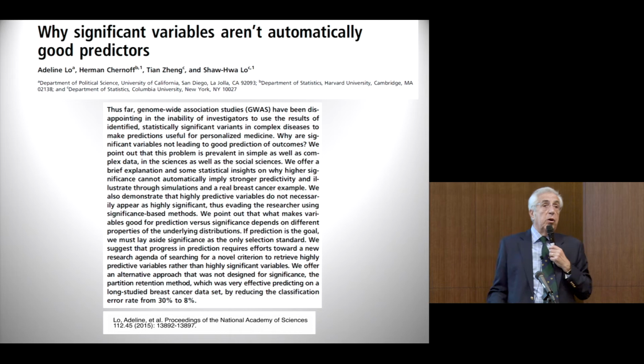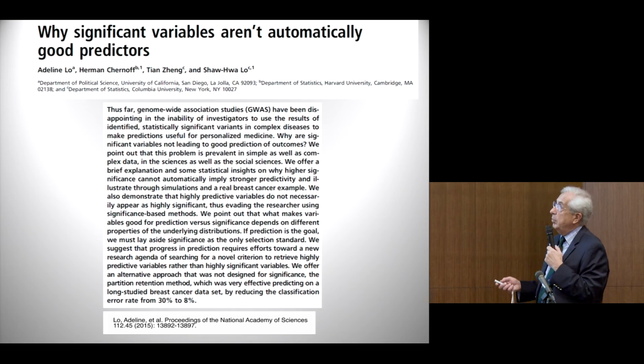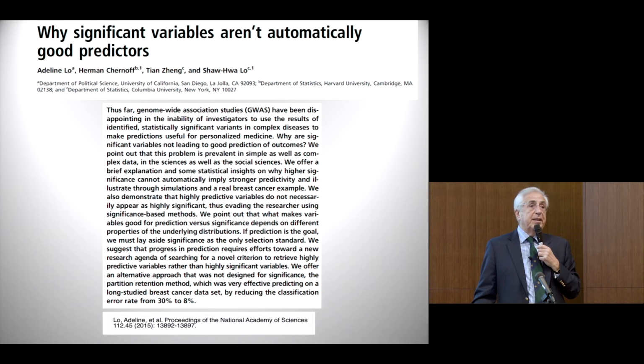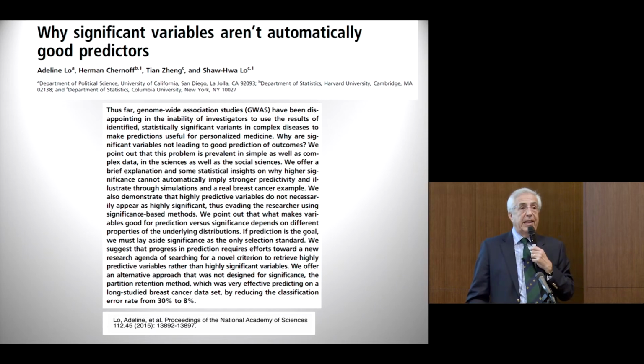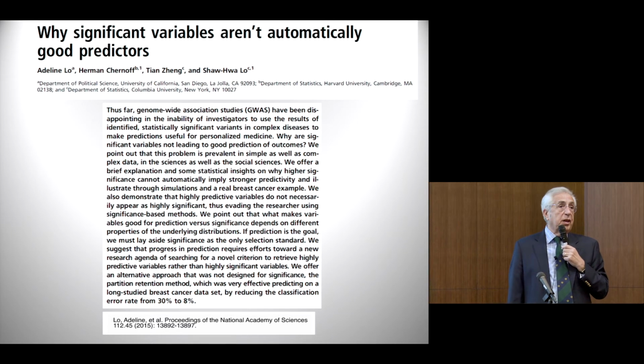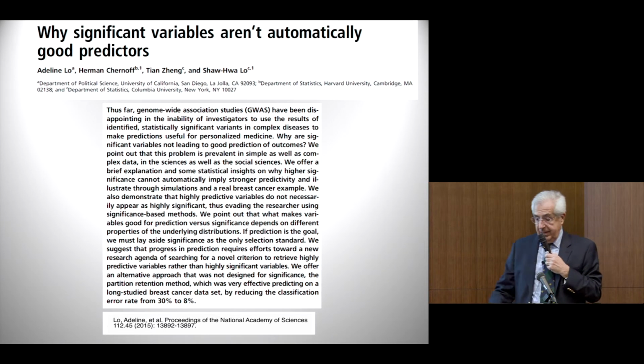This is something that we know quite well in animal and plant breeding, but perhaps was not that well known to other scientists. And the funny thing about this is that in this paper published in the Proceedings of the National Academy of Sciences, the senior author came from a Department of Political Science. And frankly, political scientists are not very good at predicting things. Just think about the elections in the United States in 2016. Nobody was able to predict that Donald Trump would become president of the United States.